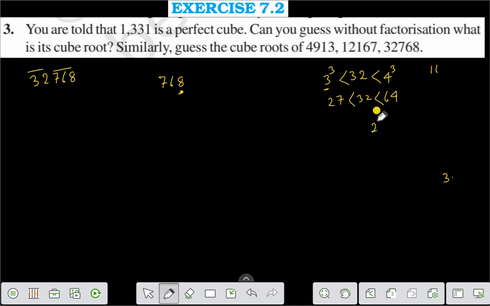We know that if you take the cube of 2, then 2 times 2 is 4, 4 times 2 is 8. Therefore, we can say that 768 ends with 8. Therefore, we know that